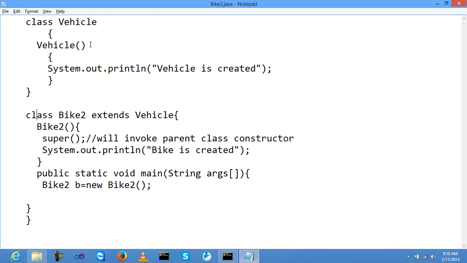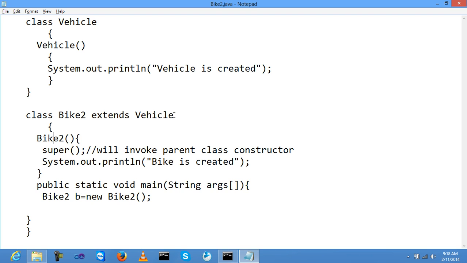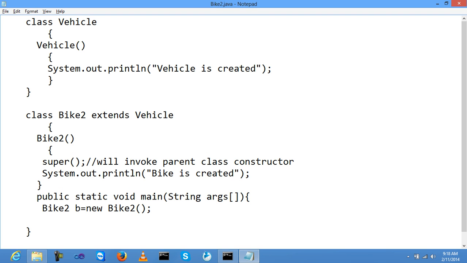Another class, Bike2, extends Vehicle, the parent class. This is my child class constructor, and inside it I am using the super keyword as a super method call: super(), and System.out.println bike is created. Public static void main, just create the object of the Bike2 class.